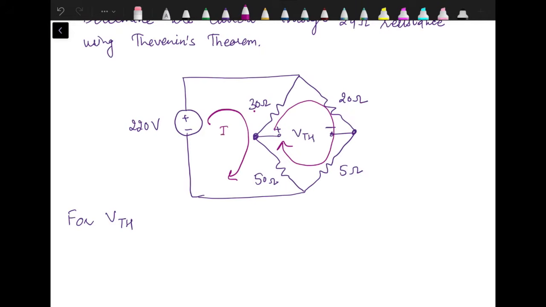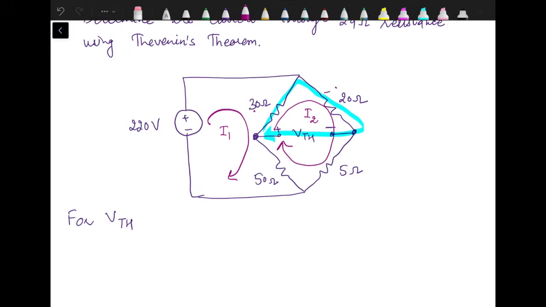Let's say the first mesh current is I1, the current through the second mesh is I2. We need the values of I1 and I2 to calculate VTH. Now if I want to apply KVL over here to find VTH, then the equation will be